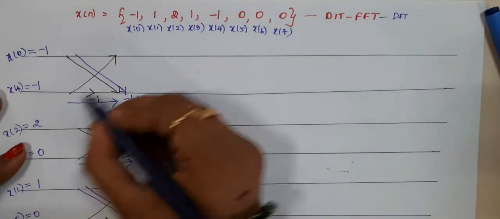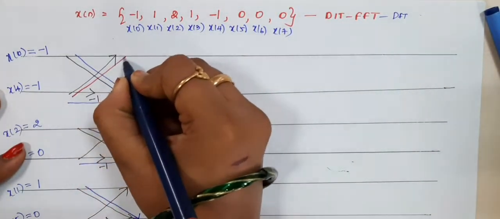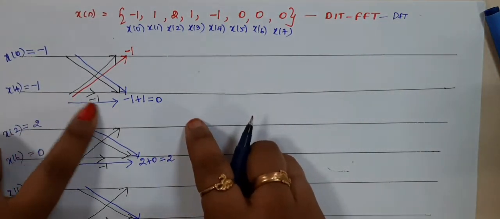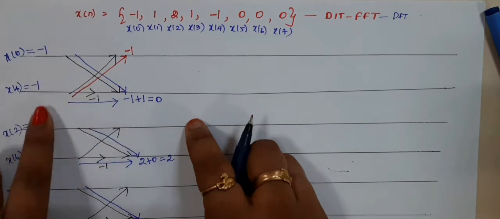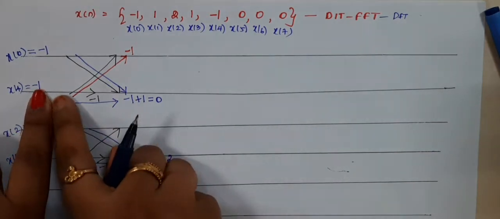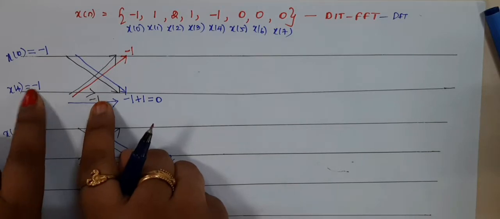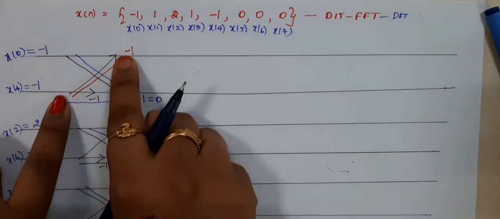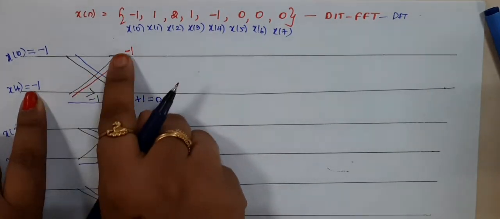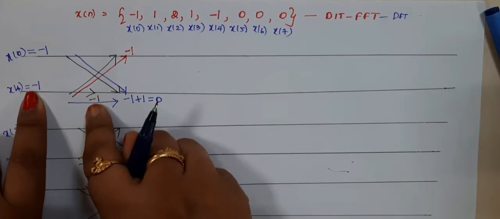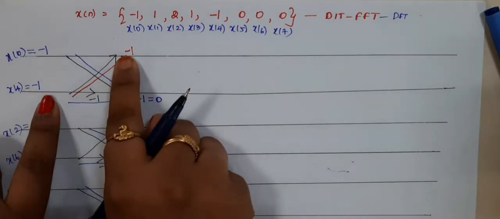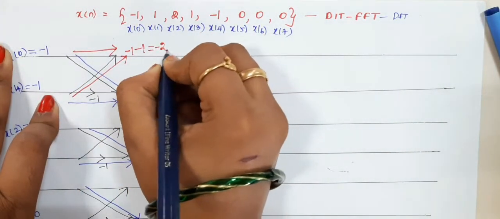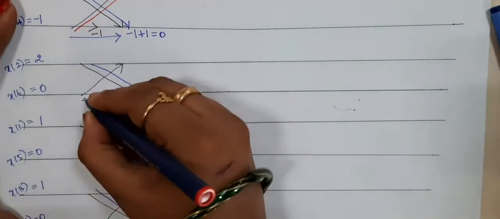Now we finish the up arrow. The first value is minus 1. Here you should not consider this minus 1. Only for the down arrow do you have to multiply by this 1, because it is crossing this minus 1, so 1 into 1 is plus 1. But if you are calculating for the up arrow, you should take the values as they are, without considering this minus 1. Keep that in mind. The same value we take, and another value comes from here, that is minus 1, equal to minus 2.